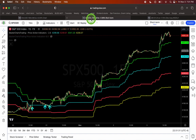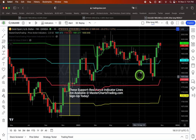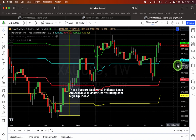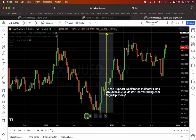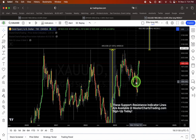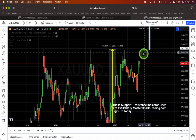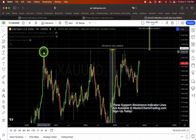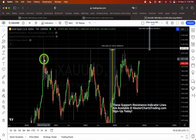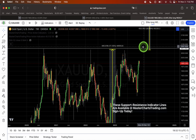All right, this is important, so bear with me. Let's look at gold on a weekly chart now. Each candlestick is a week's worth of activity. I've shown this chart in the past. I'm going to turn off the indicators. They are not really necessary here. I'm only trying to make a point that if dollar pulls back, and there's a good chance of dollar pulling back into November, December, gold might take advantage of it even further and continue higher towards the all-time highs of about 2077. This is an all-time high that was made back in August 2020. That high is 2075. So if we break out above 2075, especially if we close above that level,